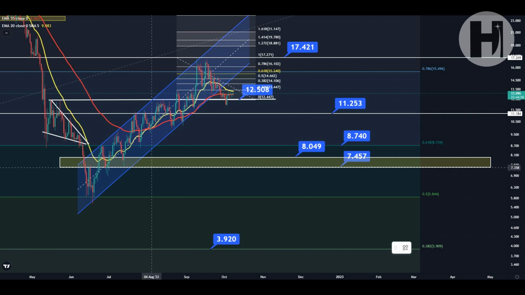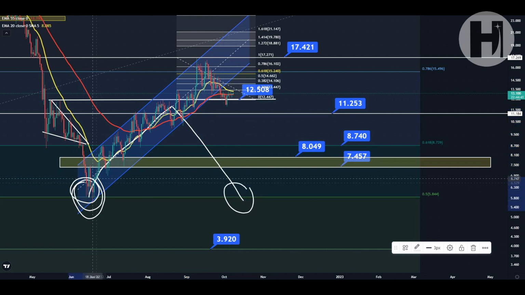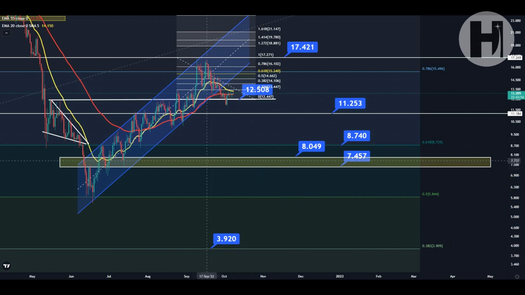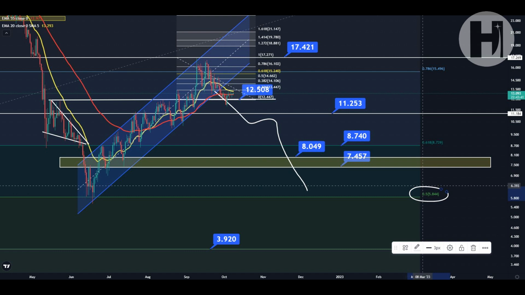For most altcoins, you can see they printed a bottom in June. They started retracing, then they broke down, and they came back down to exactly the price where they started retracing from. Some have even lost that and come back down. Typically you come back down to where you started retracing from, and we haven't seen that for Cosmos Atom. That is actually a bit worrying because we may come back all the way down here to $5.84. But I don't think that's going to happen unless Bitcoin comes back down to $14,000.